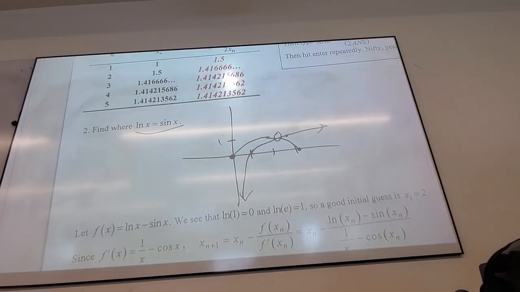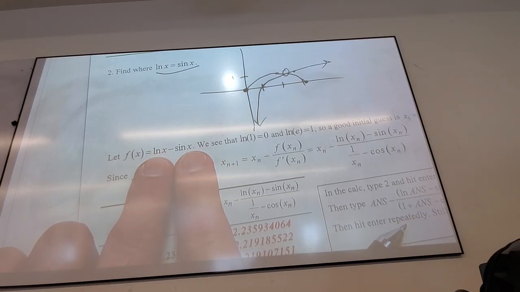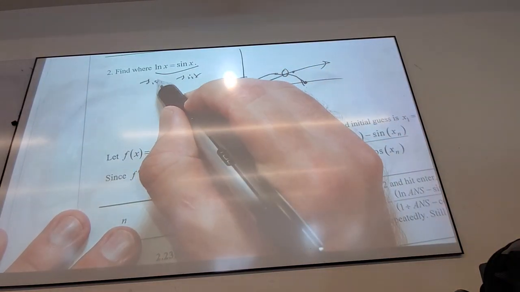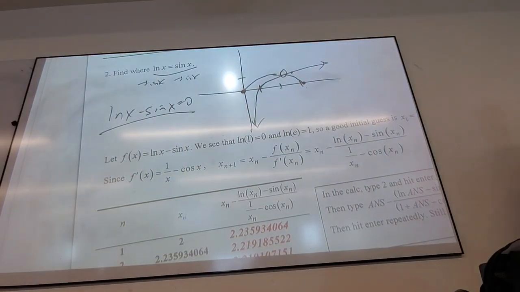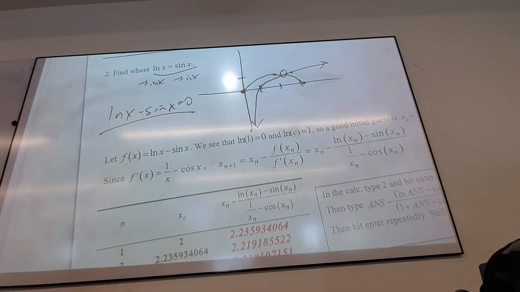So, f prime. If f of x is this, f prime is this. You with me? How did I get f again? I subtracted sine x over, and I got natural log of x minus sine x equals 0. That's exactly the question that Newton's method would answer, yes? Newton's method answers, where does a function equal 0? That's why Newton's method is perfect for solving equations. If you just subtract a whole side to the other side, you have a function equals 0. Newton wakes up from his grave and says, I can solve that. Go hang out with L'Hopital.